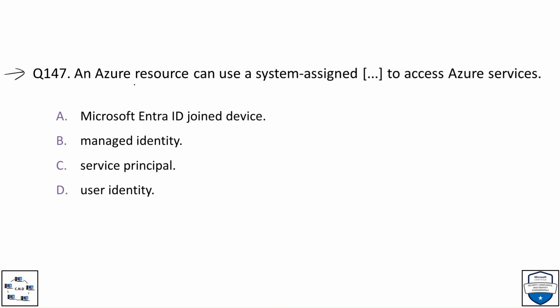Question number 147, an Azure resource can use a system assigned blank space to access Azure services. And the options are option A, Microsoft Entra ID joined devices, option B, managed identity, option C, service principal, and option D, user identity. And the correct option is